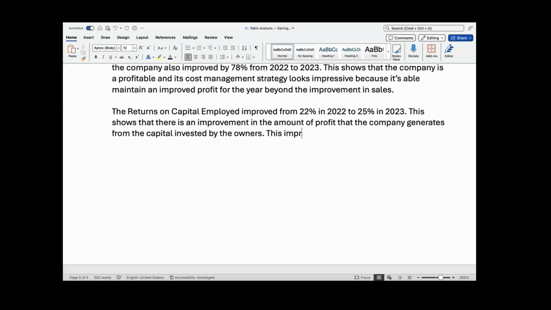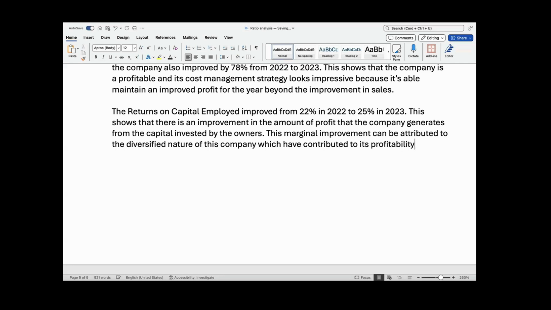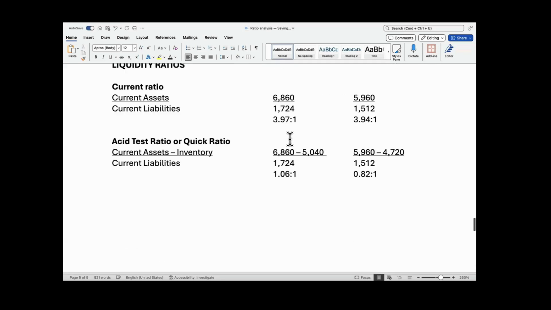These improvements, let me say, these marginal improvements, can be attributed to the diversified nature of this company, which has contributed to its profitability. Full stop. I'm done with it. Then I move to the next one,